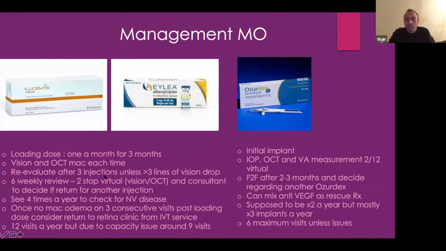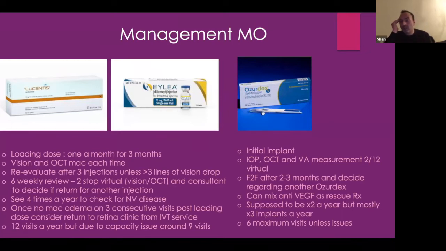So I kind of mentioned this already. You do your loading dose, which is 1 a month for the first 3 months, and then they're seen every 6 weeks, but depending on where you work, the kind of protocol can be different. You can have treat and extend or other things. Treatment can go on actually. So some patients can go on for years having treatment. 20% I think only have 3 jabs and that's it, but majority will continue having injection therapy on and on because the macular edema keeps coming back. And as I mentioned to you, it's quite a heavy burden on us and for the patients.